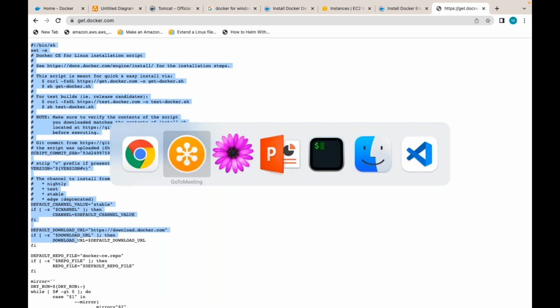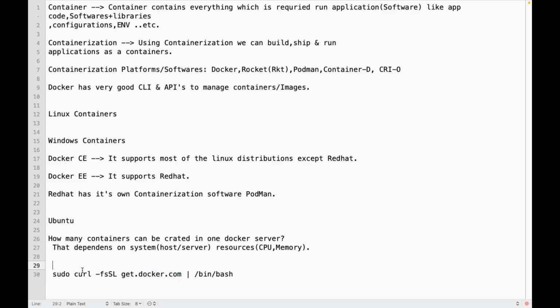So what I am trying to do using this command, I am getting the content of that script. Then what I am doing? I am passing it to the bash shell. This is Linux only, nothing rocket science.